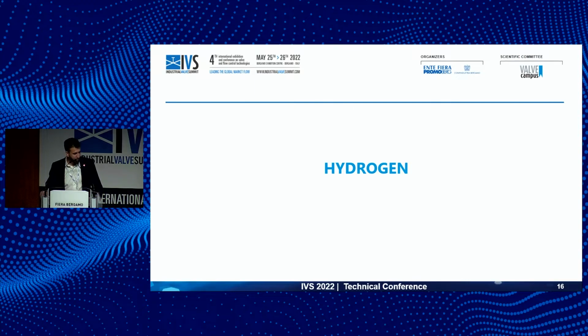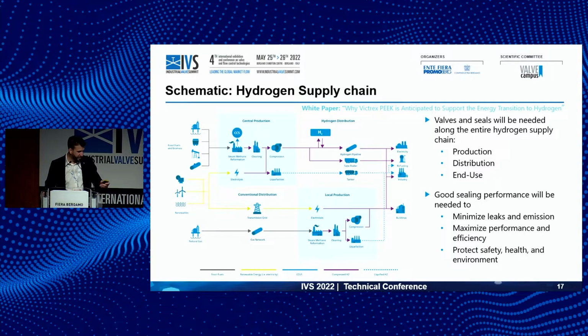Let me spend a couple of words on hydrogen, just because, as Philippe said, it's an incoming trend, and everybody knows that there will be an energy transition that will increase the demand for hydrogen valves. So this is just a sketch that you can find. There are thousands of these, of the hydrogen supply chain. There will be phases where the hydrogen will be gaseous,